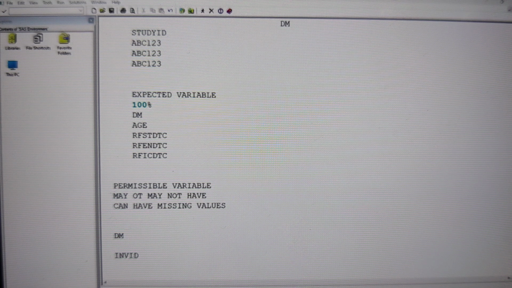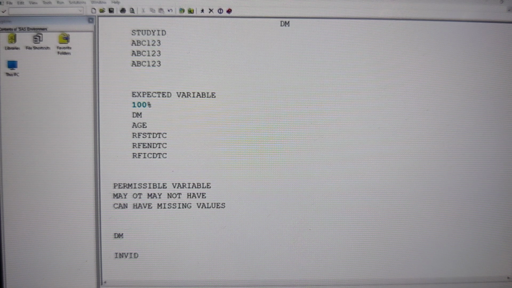And in the interview, they're going to ask you, can you please tell me what are the required variables we have in our given data set? Or what are the expected variables that we have in the TM data set? And what are the permissible variables that we have in the adverse event data set? That is how they're going to ask the question. Or they can ask you about a specific variable. Can you tell me which classification this variable comes under? Is it required, expected, or permissible? You should know which class each and every variable comes under.